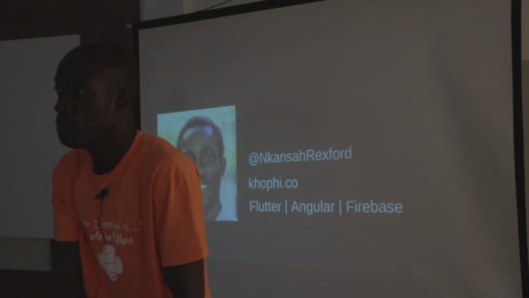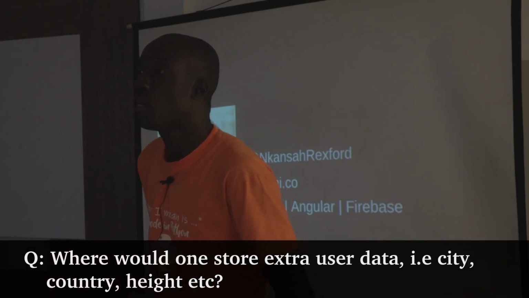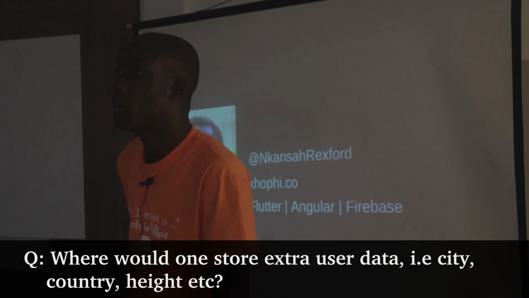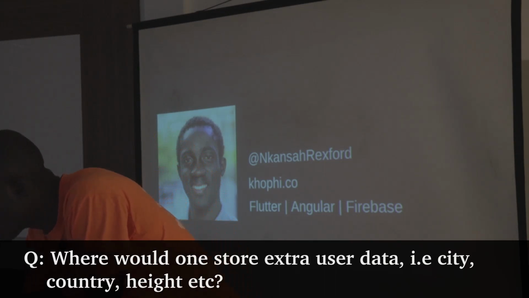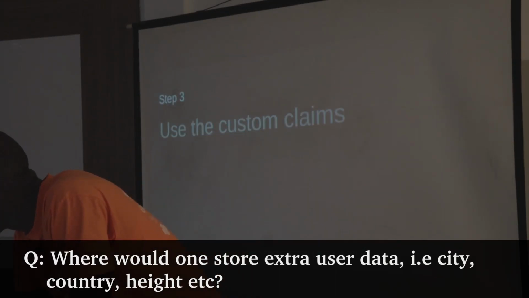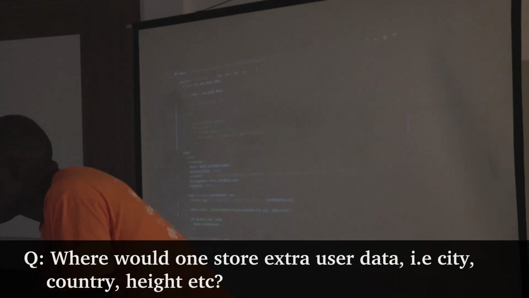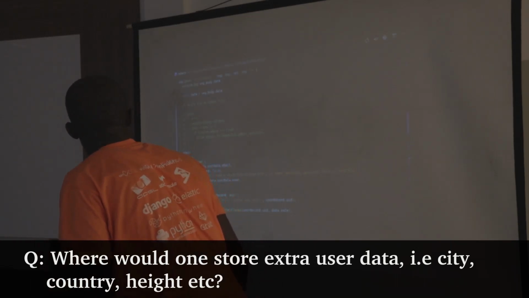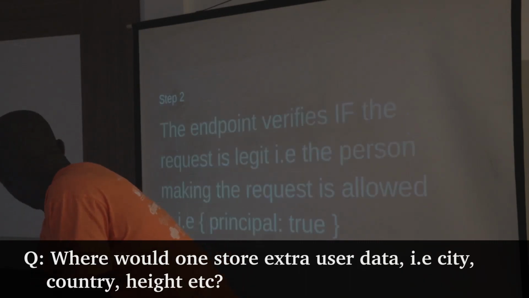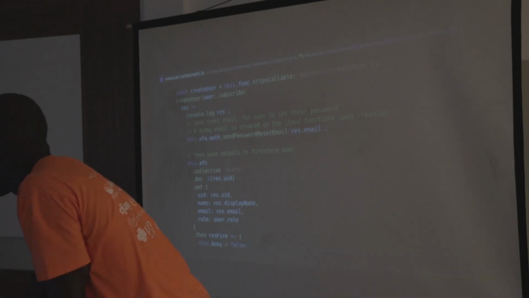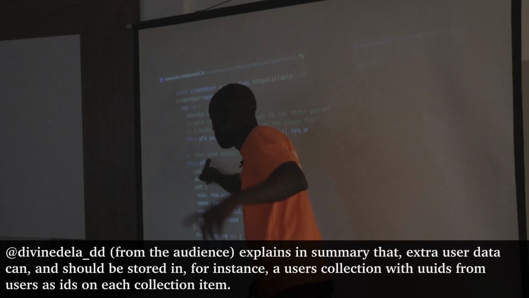I think the second part of the question is, when someone signs up, what you can do is in Cloud Firestore. Cloud Firestore looks very much like what you do in MongoDB. So there are collections and there are documents. When you sign someone up and you want to take other custom data besides email and password, what you do is, when the data is successfully created on the authentication side,